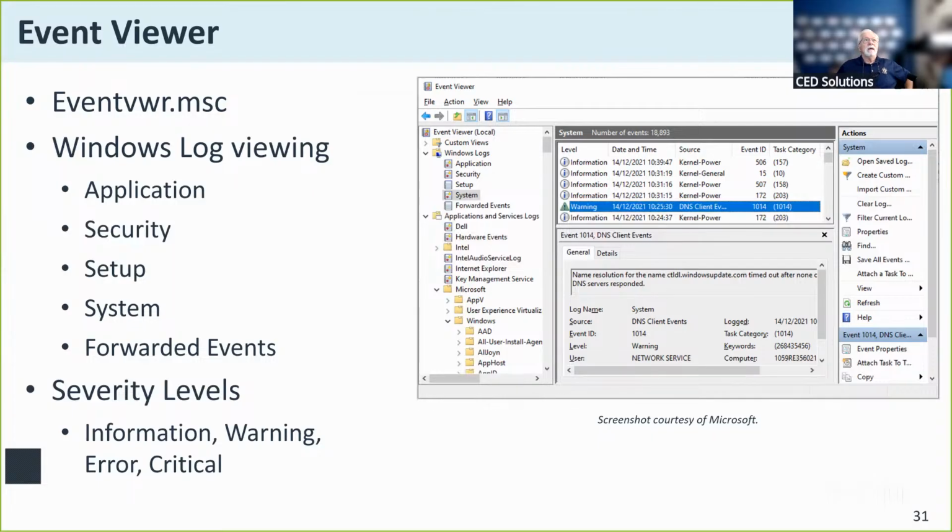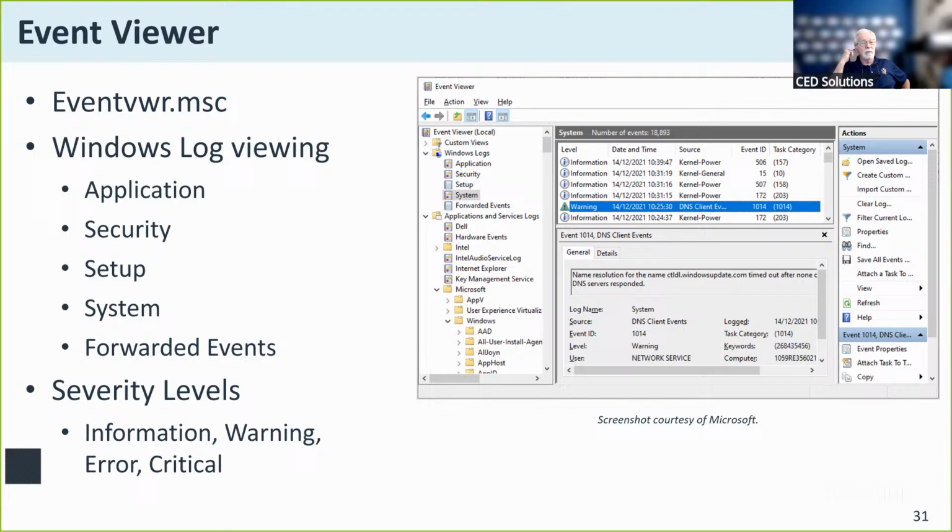The event viewer shows me all events that are occurring on the system right now. It's actually 5 different files that are loaded up from different areas of the system: application entries, your software system setup entries, your security type of messages that come in here, and any events that are forwarded by other applications or other systems will roll up in this as well. But it shows me things that have occurred in the past.